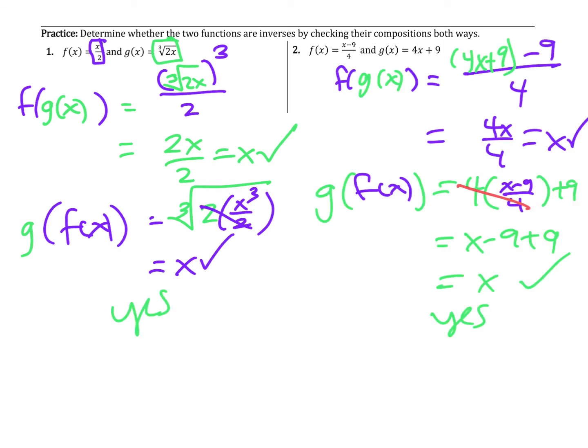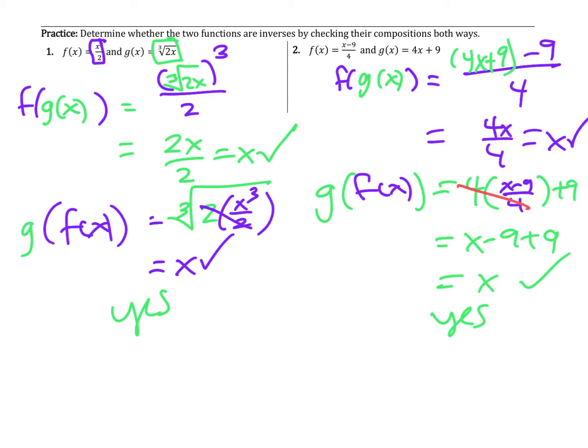So on number 2, if you plug g of x into f of x, you end up with 4x plus 9 minus 9 over 4. So the plus and minus 9 are going to add to be 0, and the 4's are going to divide out, so that works. If you plug f of x into g of x, you get 4 times x minus 9 over 4, so the 4's are going to divide out, plus 9. So we end up with x minus 9 plus 9, and that is also going to simplify to just be